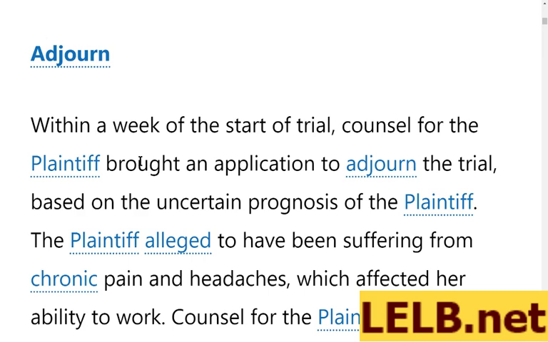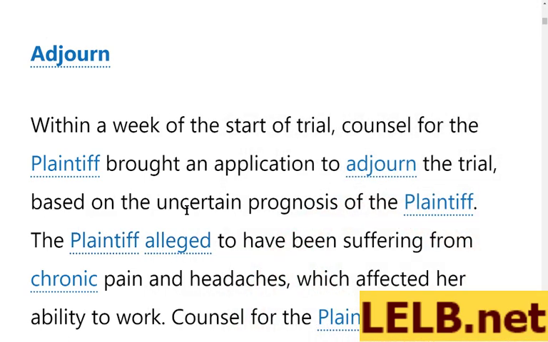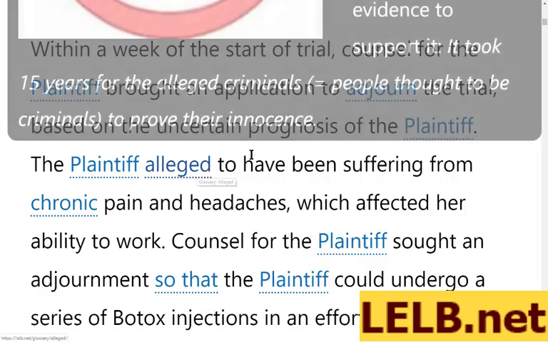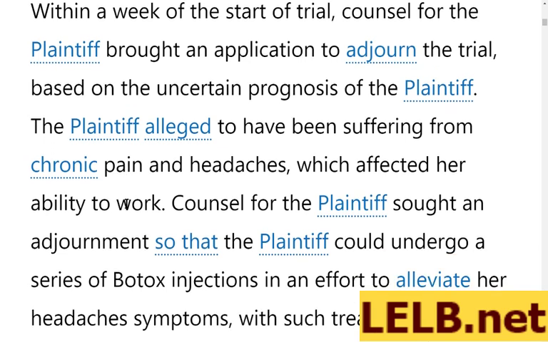Prognosis refers to judgment or evaluation of the plaintiff. The plaintiff allegedly, meaning supposed to have been suffering from chronic pain or lasting pain and headaches, which affected her ability to work. Counsel for the plaintiff sought an adjournment. Adjournment is the noun form of adjourn,